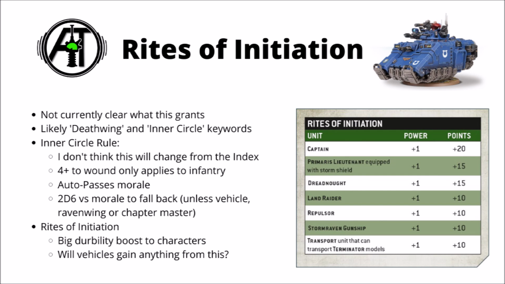I don't think it would really incentivize you to bring Land Raiders or Repulsors for your Deathwing, if they're literally just the same as other chapters' patterns, but cost you 10 points more for the privilege of taking them. I guess this is just one that we're going to have to wait and see until we have the full